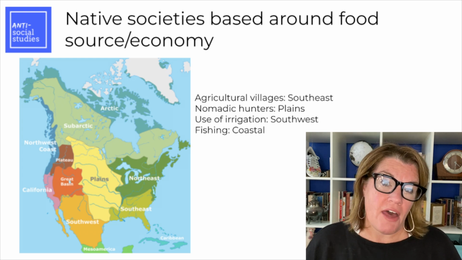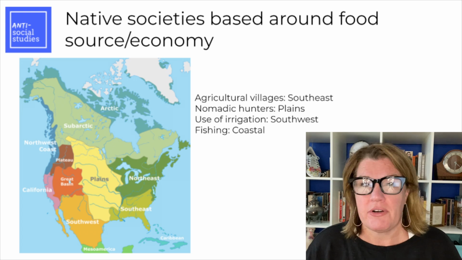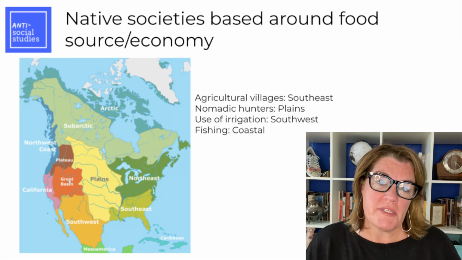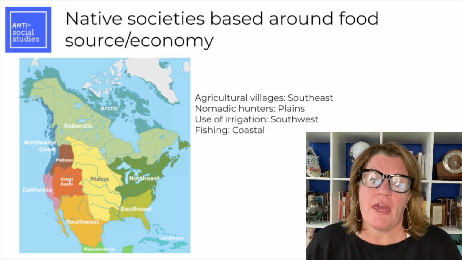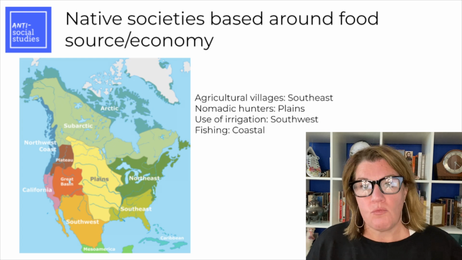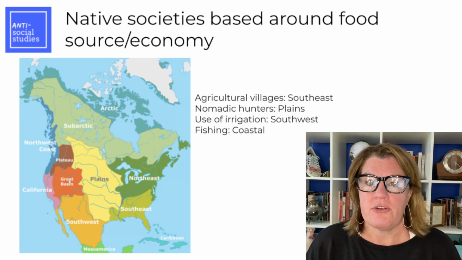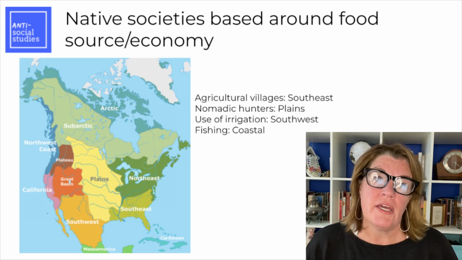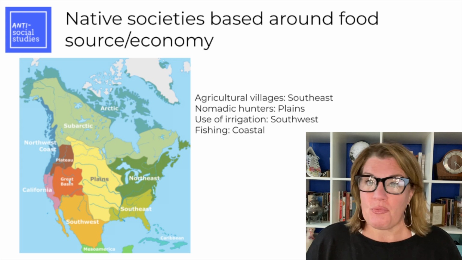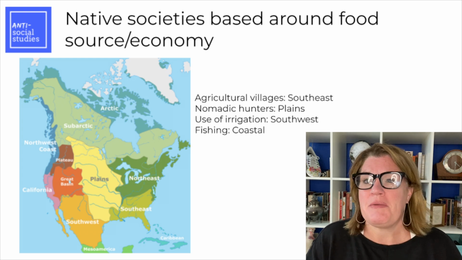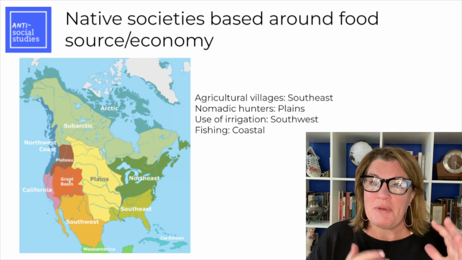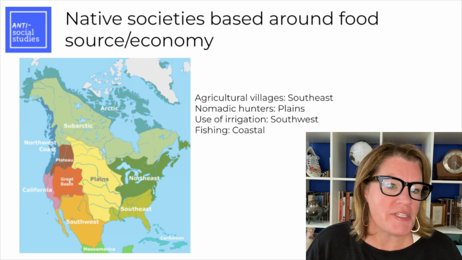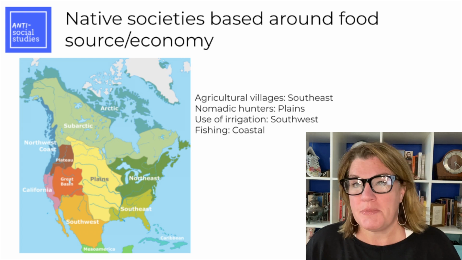In the American Southwest, modern day New Mexico, Arizona, it's a really dry, arid part of the country. The Indian tribes that settled there mastered irrigation. They were able to figure out ways to bring in water from the few rivers that are there, and use them to plant crops. That's where we have a big influence of corn, maize. We talk about three sister farming, where the corn and the beans could all be grown together, and what one crop released would benefit the growth of the other crops. And then there were fishermen tribes along the coastline.